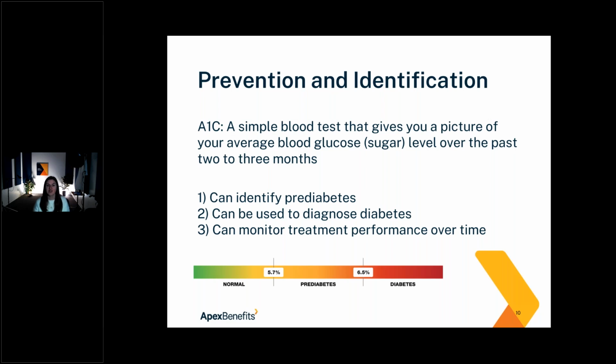It does three things. We can use an A1C to identify where we fall. Are we normal, pre-diabetic, or diabetes stage? It can diagnose, as I said, if it's greater than 6.5, we're talking diagnosis now. And then it can monitor treatment and performance over time, because if we're adding in these lifestyle modifications we're talking about today, the goal would be our percentage slowly starts to decrease lower and lower as the months go on. And I say give yourselves at least a year from the time that you're really implementing a good diabetes prevention program to start to see these actionable changes within the lab results.